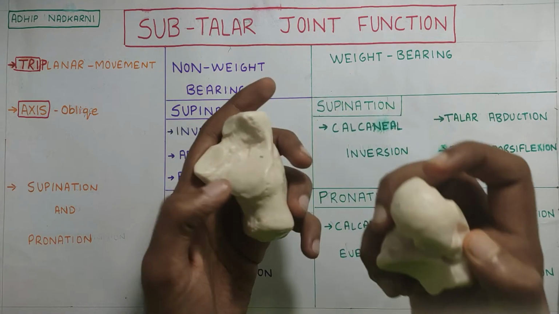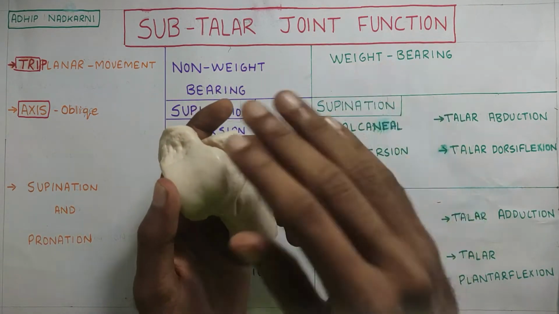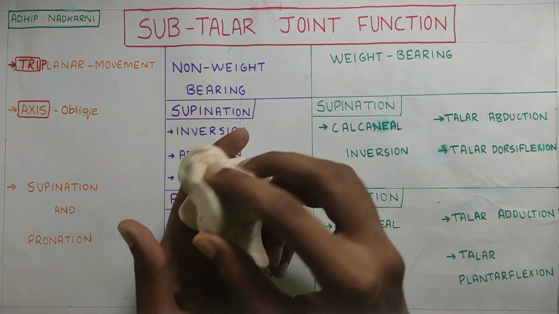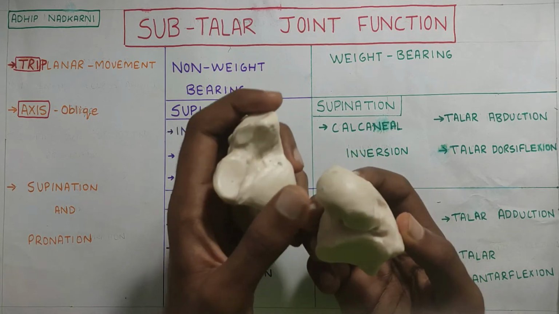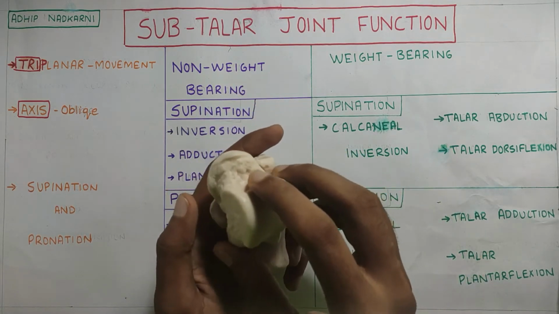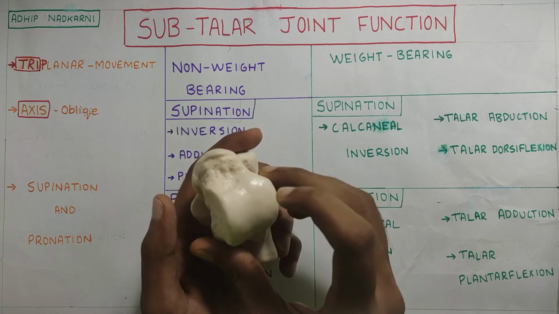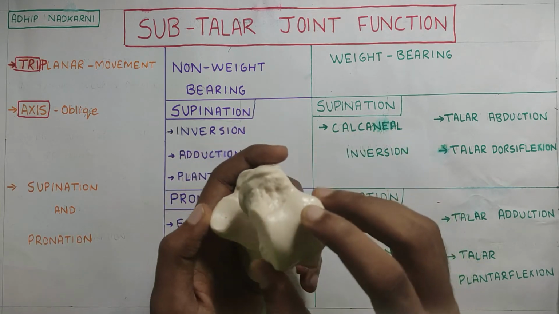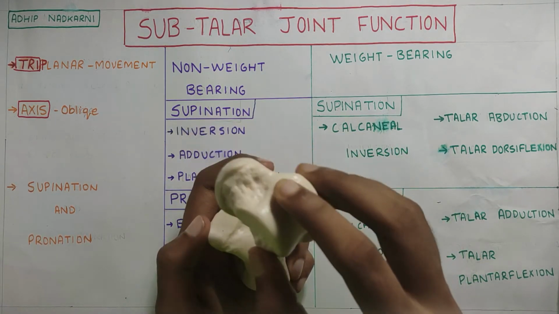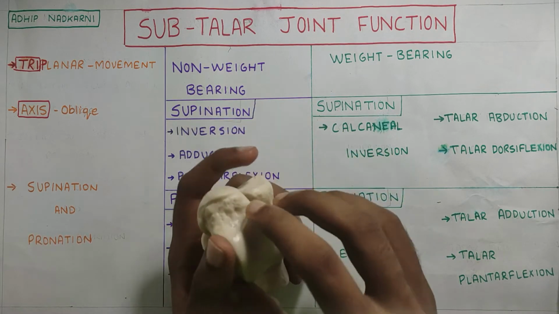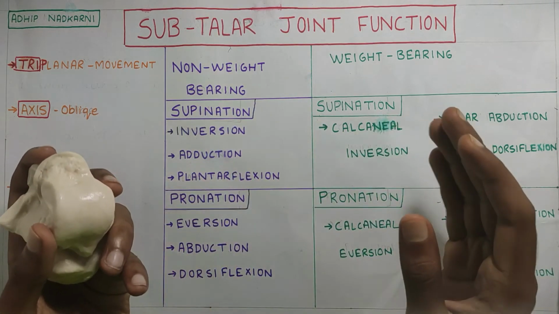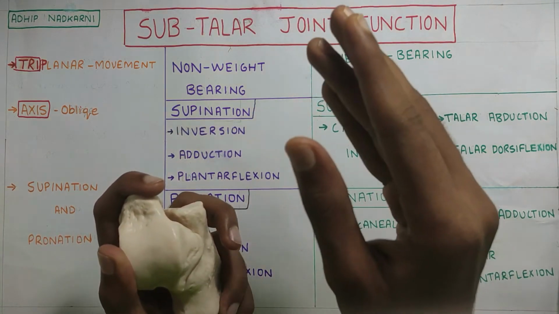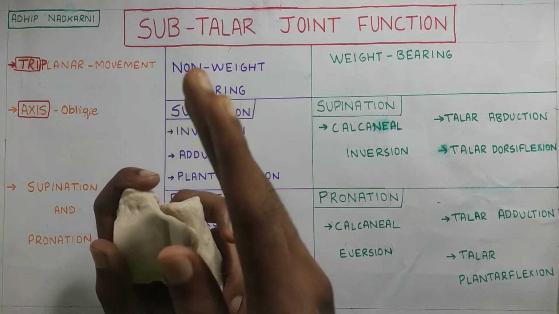So when a concave surface is moving on a convex surface, the glide and the roll of the bone will be in the same direction. So when the posterior part of the talus is going laterally, the glide and the roll will be in the same direction, whereas because the other two facets are convex, their glide will be in the opposite direction. Hence the posterior part of the talus will go in this direction, whereas the anterior part will go in this direction. So the movement will be somewhat like this, that is a screw-like movement. Please don't confuse this with the screw home mechanism. That is a totally different concept which comes under the knee, that is the locking and unlocking of the knee joint, whereas this is just a screw-like motion.